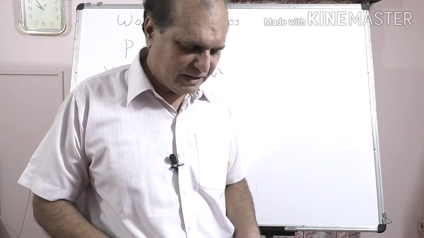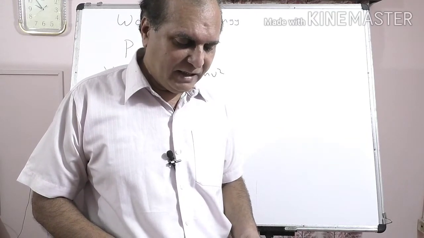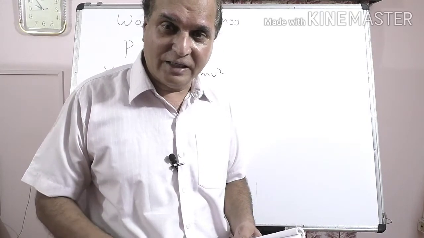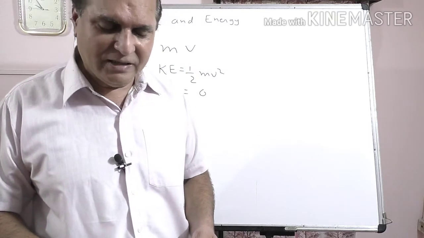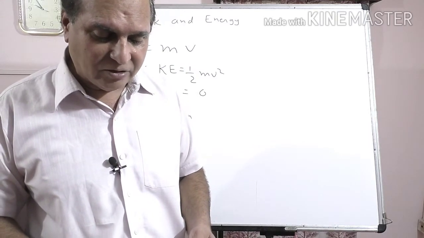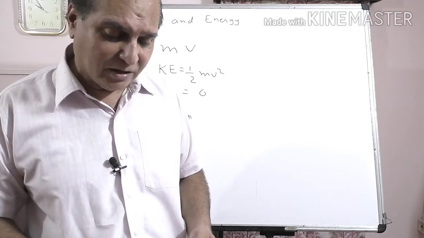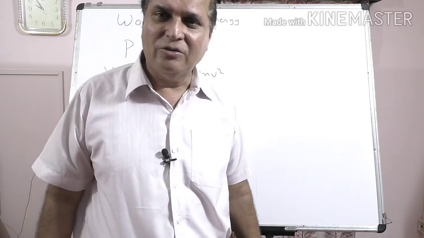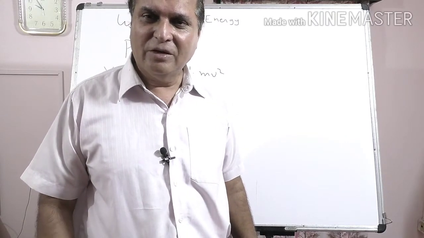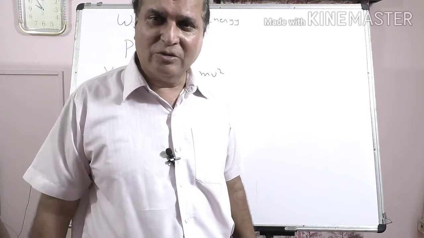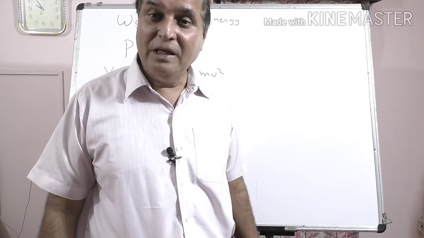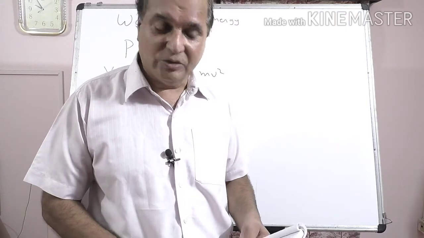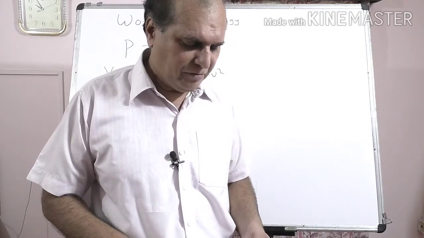Question 3. The potential energy of the body is least when? I am telling you the alternatives. First is sitting on a chair. Second is sitting on the ground. Third is sleeping on the ground. And fourth is standing on the ground. Of course, sleeping on the ground. Getting? Because at that time your center of gravity is close to the earth. So minimum potential energy, because your height is nearly 0.